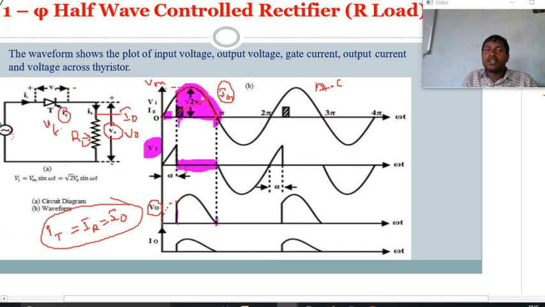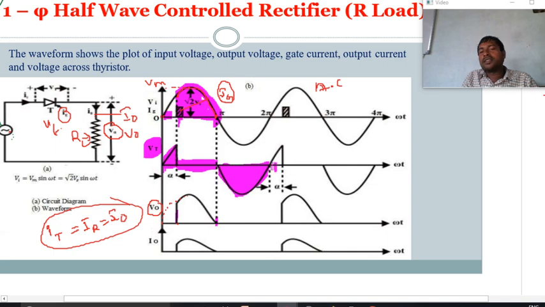And look at this area. This area will be the blocking area. Voltage will be available across the thyristor until we give the gate pulse, so the thyristor blocks the voltage. And you can see the negative portion of the half cycle. This will be the blocked one. The thyristor will be turned off at the negative half cycle and block the voltage, nothing but open circuited, so the voltage across it is the supply voltage.